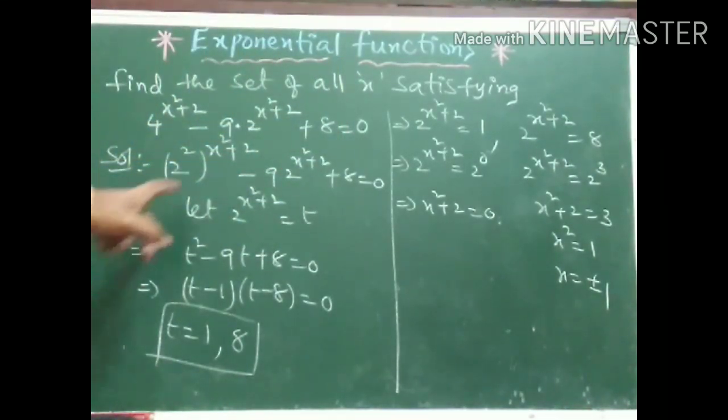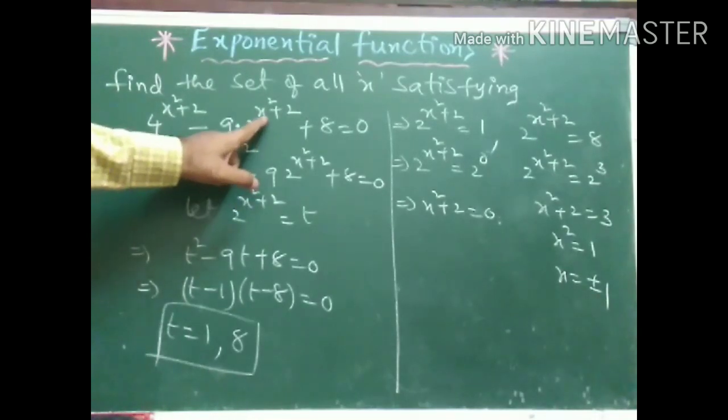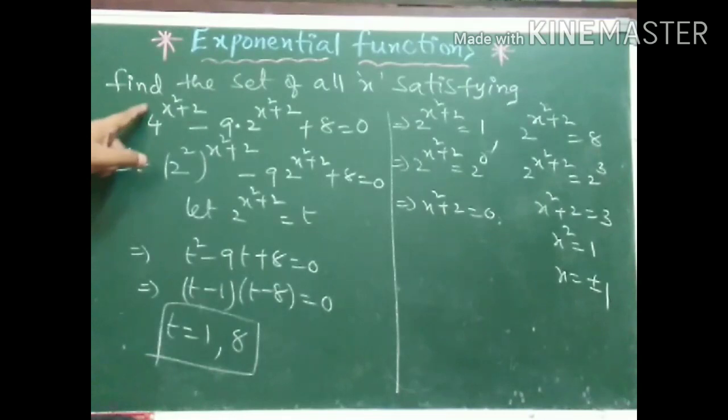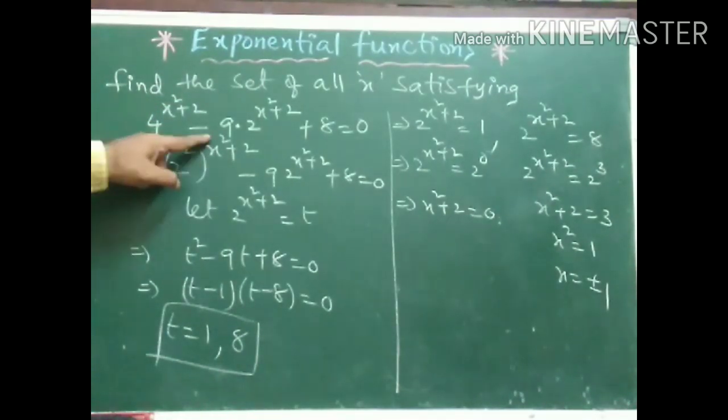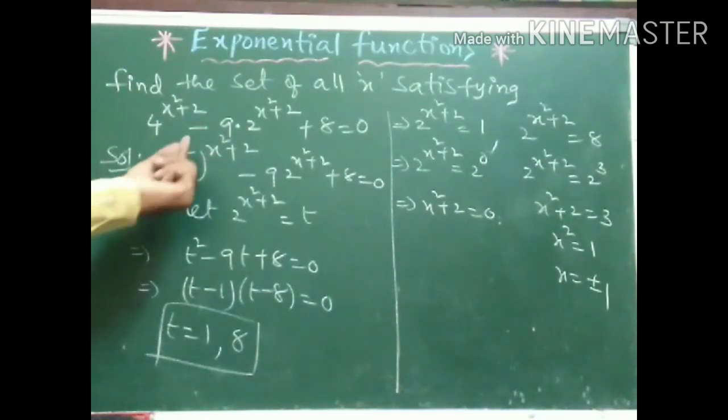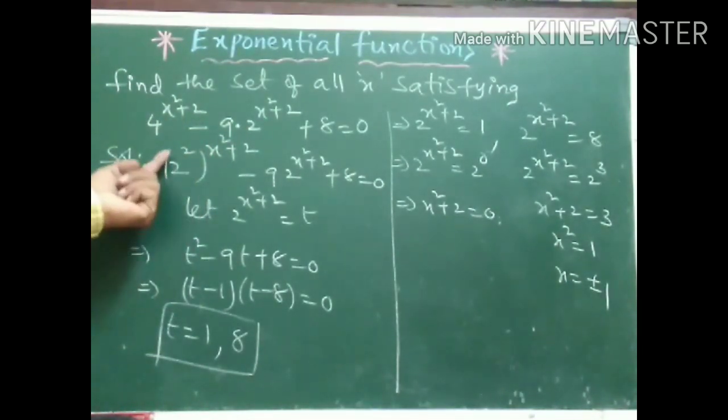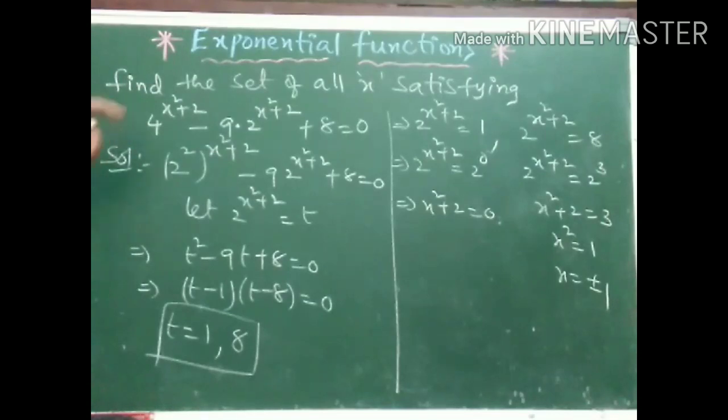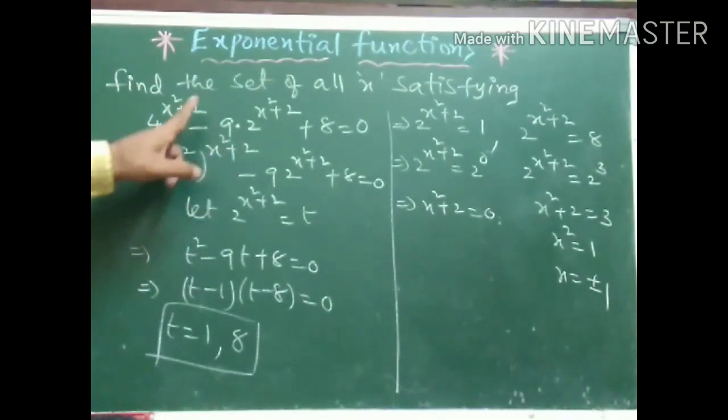So as usual, since here there is a term 2 to the power of (x square plus 2), can you write the first term also in the same manner? So let me write 4 as (2 square) whole to the power of (x square plus 2). And these two we can interchange, (a to the power of x) whole to the power of y is equal to (a to the power of y) whole to the power of x. Hence this I want to rewrite as (2 to the power of (x square plus 2)) whole square.